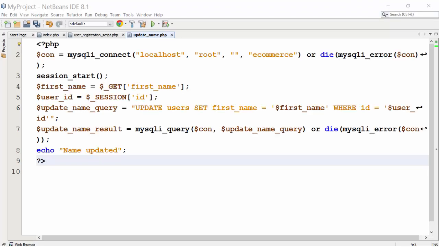There is a form in our website to update your first name, and you have sent a GET request to the update_name.php page. The code in updateName.php will be this. Here the first name we will get from the GET request. We can get the user ID from the session. We do not have to check from the database.